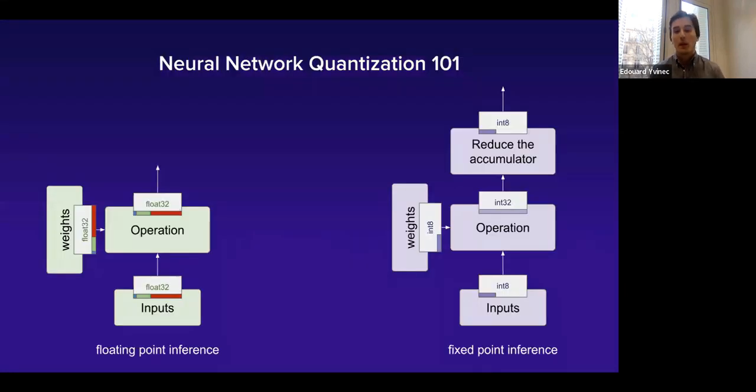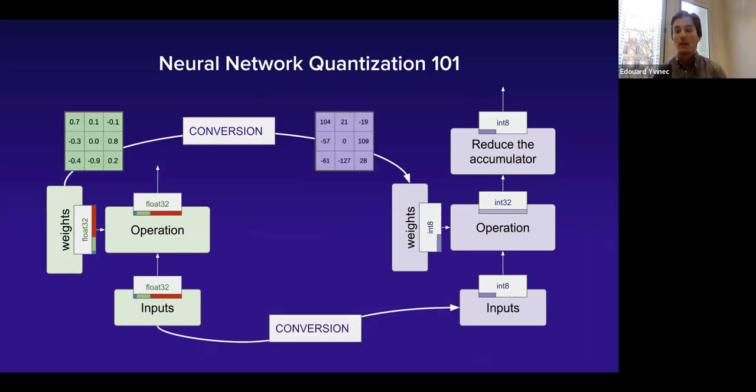So, of course, I expect you to be familiar with this kind of slide. On the left, we have what you get from the standard TensorFlow PyTorch kind of inference, so floating point with large bit width operations. And in quantization, we want to actually map the operations to low bit operations with fixed point representations. So here, the challenge is to preserve the predictive function in order to have great accuracy, but benefit from lower bit representations, hence much faster, lightweight neural networks.